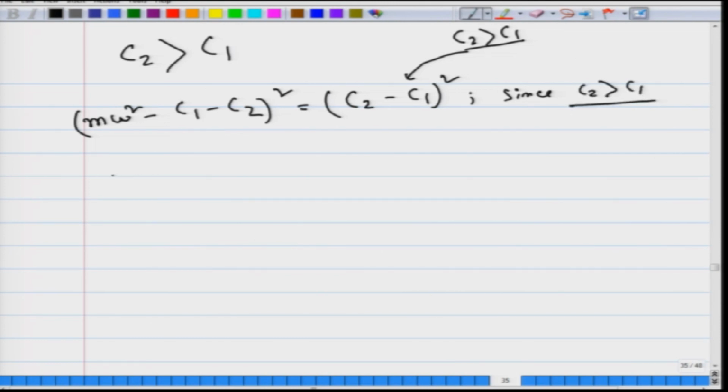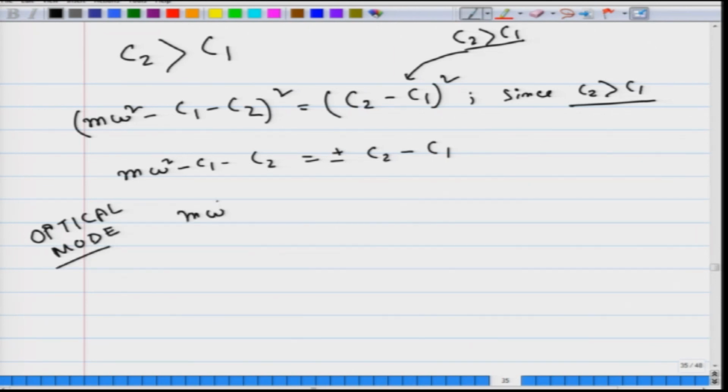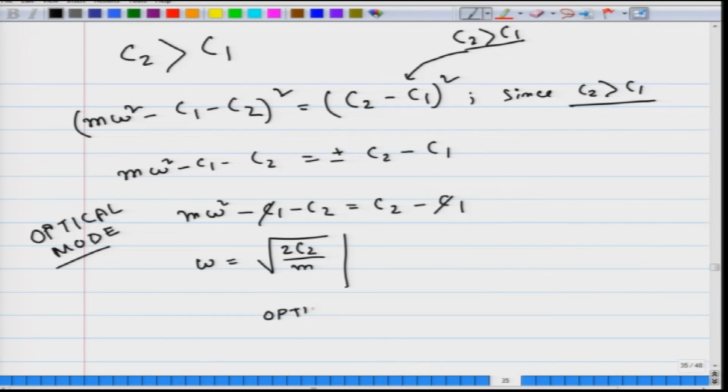So, now if we just take the root, m omega square minus C1 minus C2 will be plus minus C2 minus C1. The optical mode we know will be the higher part. So, plus. So, m omega square minus C1 minus C2 will be plus C2 minus C1. So, we see C1 goes off, so omega square is 2 C2 by m. This is for optical. And for the acoustic mode,